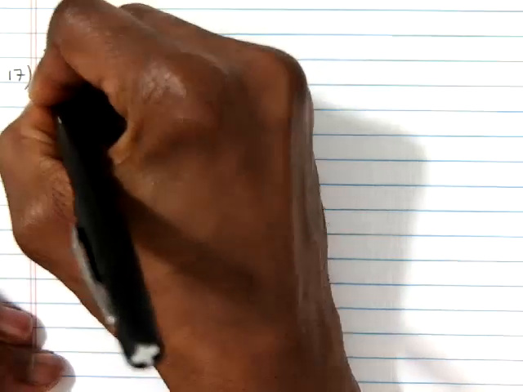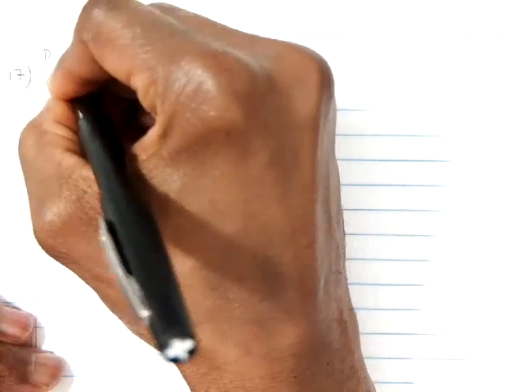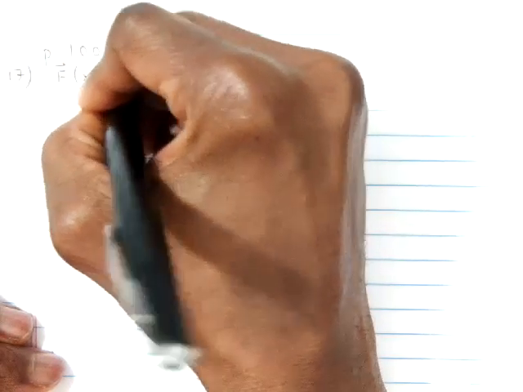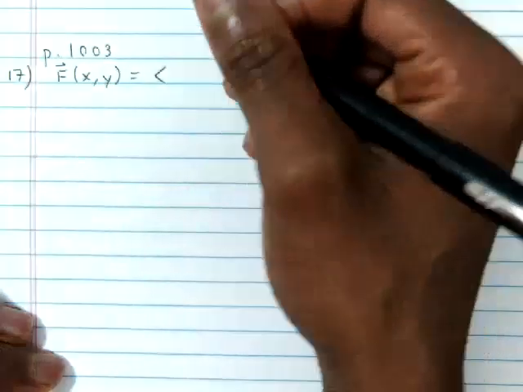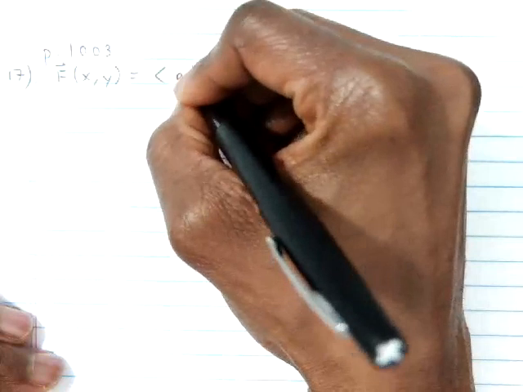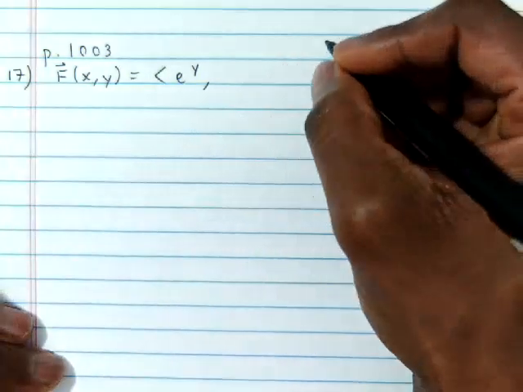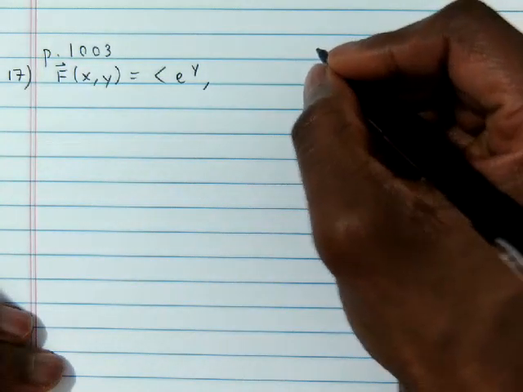which says in exercises 17 to 14, determine whether F is the gradient of some scalar function f. And if it is, find such a scalar function. All right, and they give us our vector field: F(x, y) equals e^y as our i component, and x e^y plus y